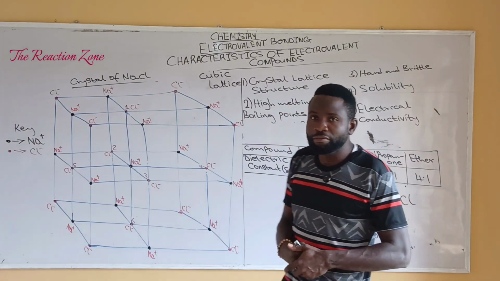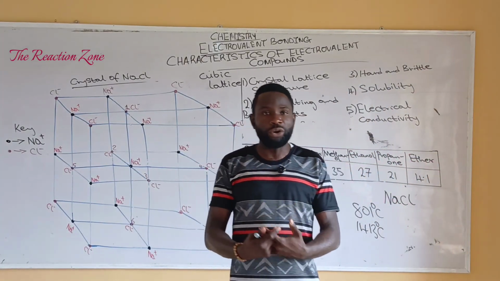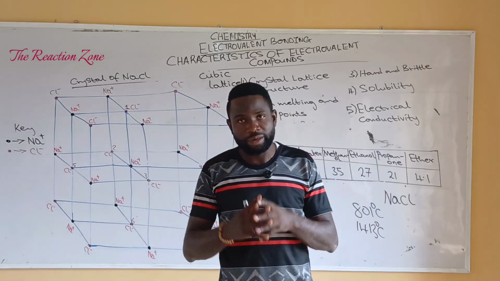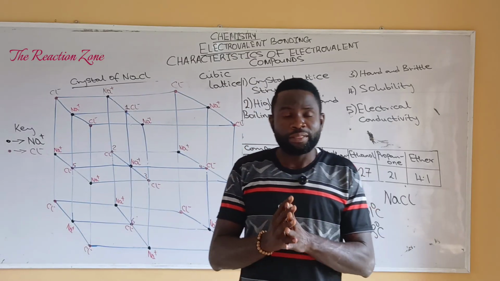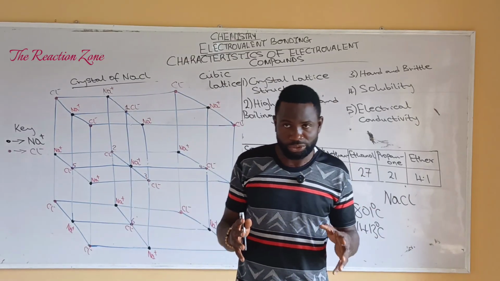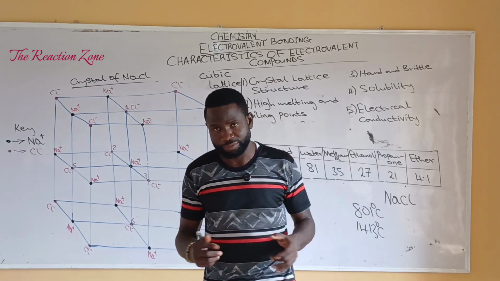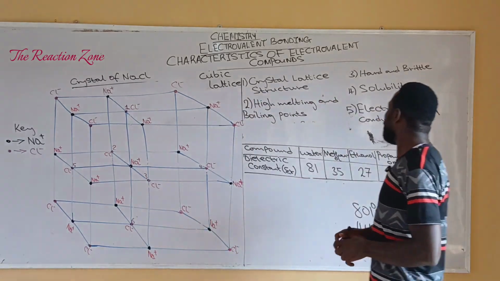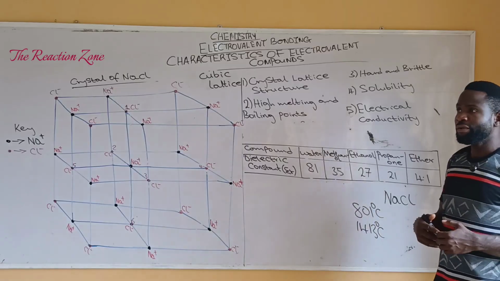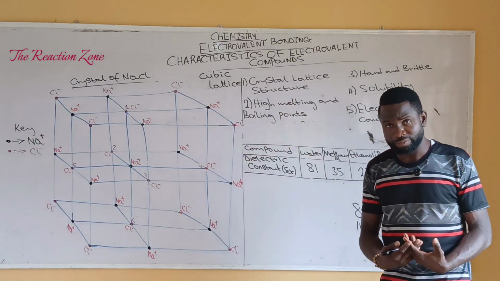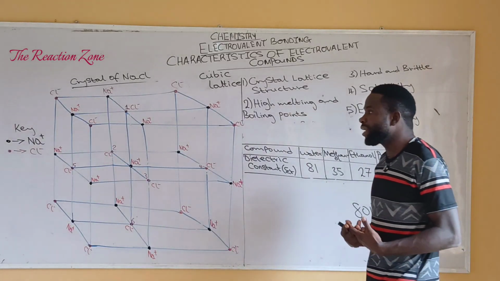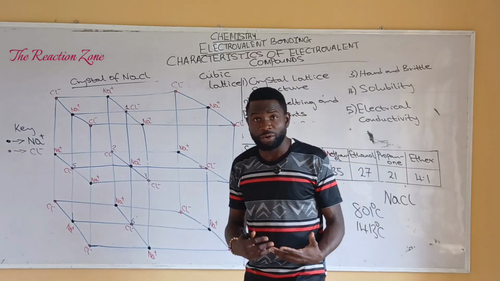Electrovalent compounds are hard as a result of the strong electrostatic force of attraction that holds the ions together in the lattice. However, they are also brittle, meaning that they can break easily, especially when an external force or an